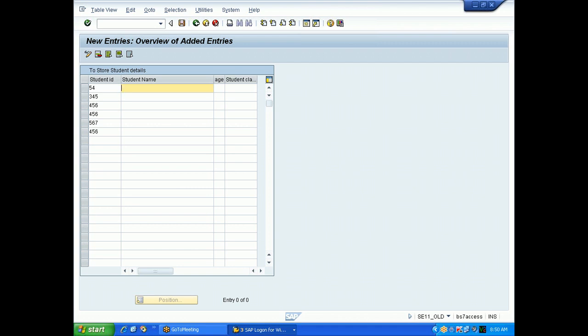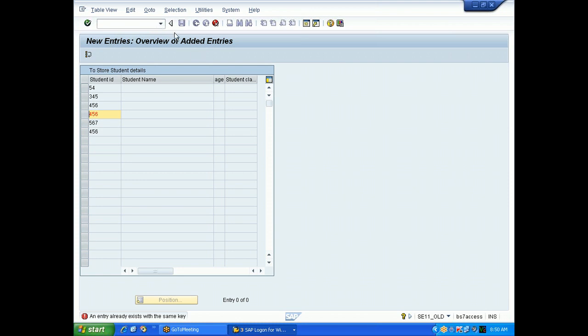So sometimes customers will be more intelligent and they will say, create a table maintenance generator and give it to me. I will copy and paste because I know how to copy and paste. So in that case, what will you do? You will create a table maintenance generator, and then you will tell your customer, go to utilities, go to SE11 transaction, click on the database table, give the table name, give the utilities, table contents, create entries, then this will come. If you say everything, he will go mad, because customers will not have much understanding of whatever technical things you are doing.